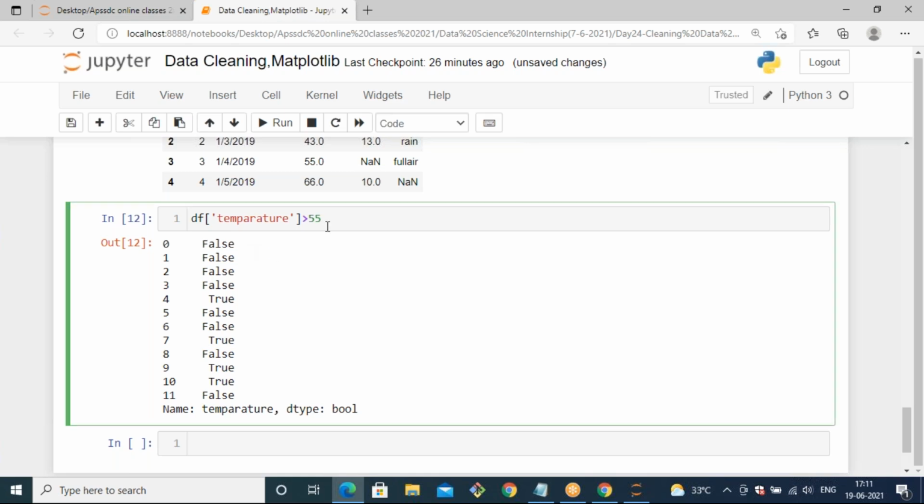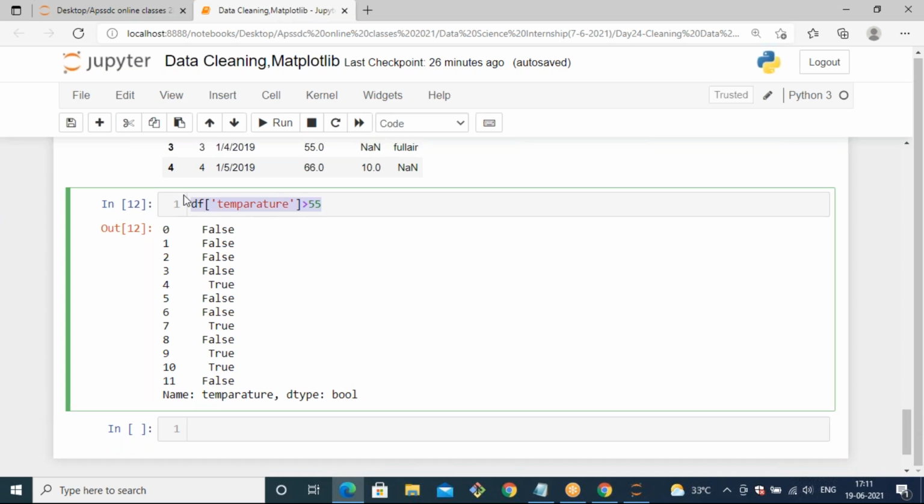So like this you will filter it, but we need to reflect these changes in your data frame. How can you reflect it? Whenever you get true as a result, in this case we have data which is greater than 55. So instead of getting these false results, I want to get only the true results along with the numbers in your data set. Then we can apply a functional mapping. Here, when you apply a condition, that is called filtering. When we apply the condition, it generates a boolean result.